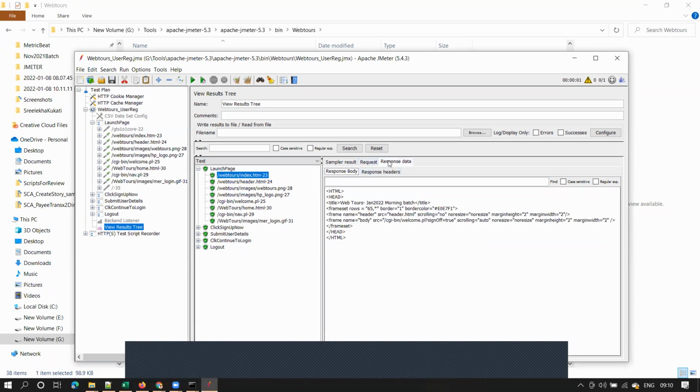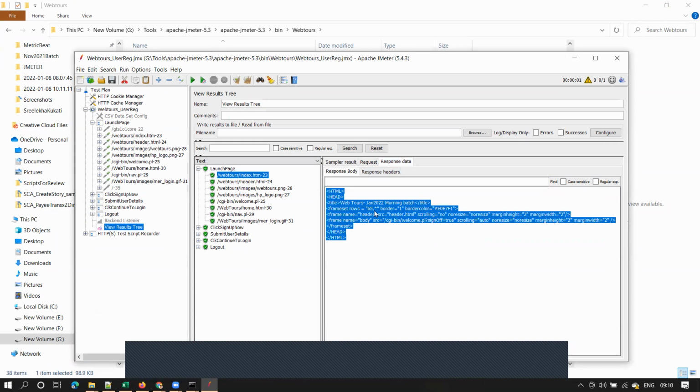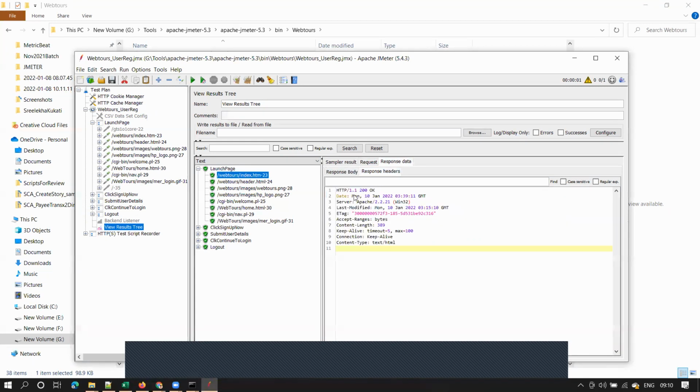And if you see the response data, here you can see response body and response headers, isn't it? Response body is nothing but the HTML code of that page. Response headers means here you see this, right? HTTP 1.1 200 OK, this is nothing but the status line, and it is also showing up in response headers. And then you have date, the response date, at what time you got the response, and you got server details, and last modified. This is one more important header to understand, and content length and all this.